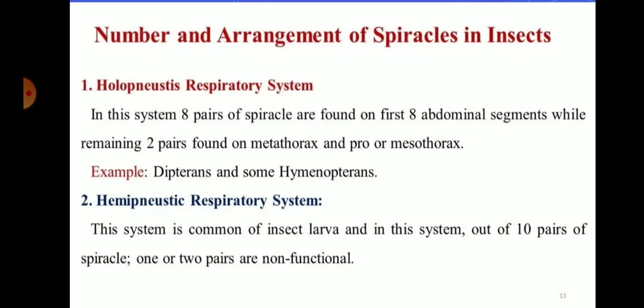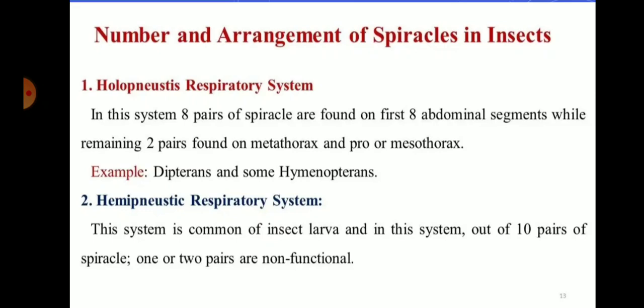Spiracles are arranged in different ways in insects. On that basis, the spiracular system of insects is called open or closed type. Polynucleated tracheal system represents the open tracheal system and can be divided into three subtypes. First of all, the holonucleated tracheal system, consisting of all 10 pairs of functional spiracles, found in nymphs and adults of a large number of hemimetabola.